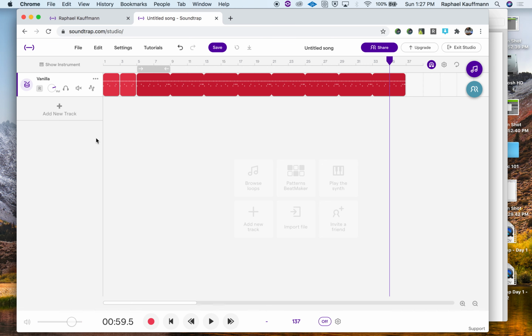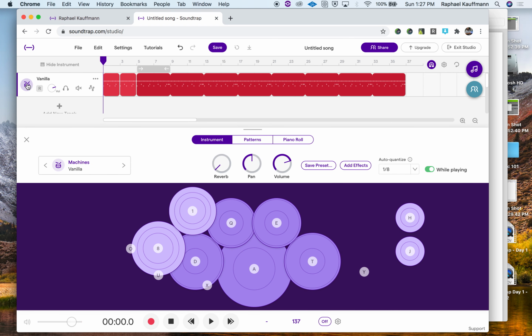We're back. In fact, all I did was quit and start over. What I didn't do is change the drum sound. So, yes, we have some drums. They are vanilla. If you click on the icon to bring up the instrument, and by the way, I